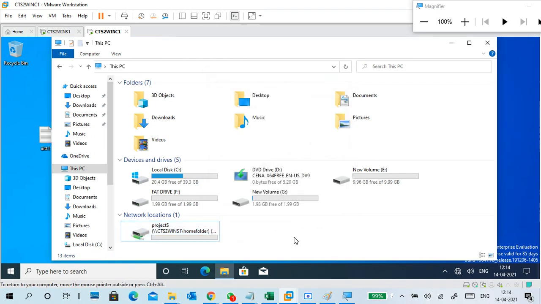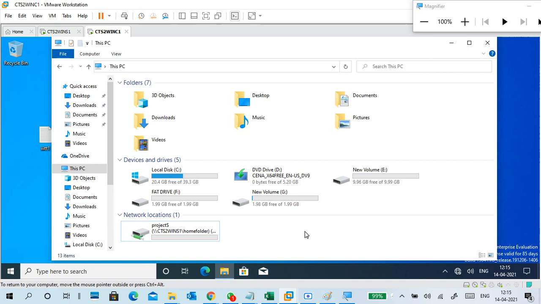Individual home folders for individual users we can create, or the same home folder for multiple users. I think you understood, guys. Multiple users with the same home folder can be created based on the project or anything. And another is individual home directories for individual users, instead of storing data on the personal PC.